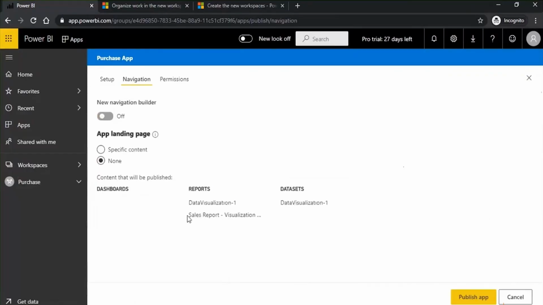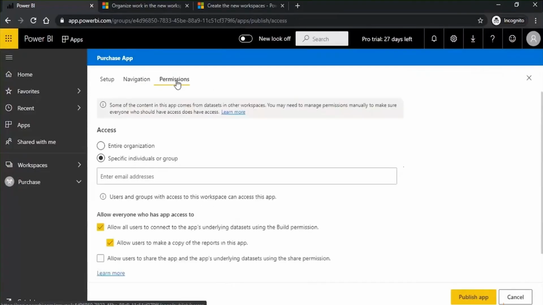Why not a dataset for this report? Because this is a Save as report. I just saved this report from another workspace to this workspace. In that situation, only the report will be saved, not the dataset. So now I'm going to share only this stuff.